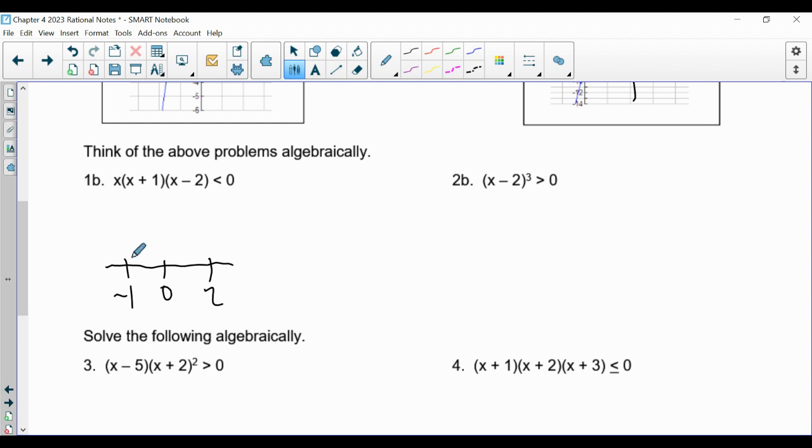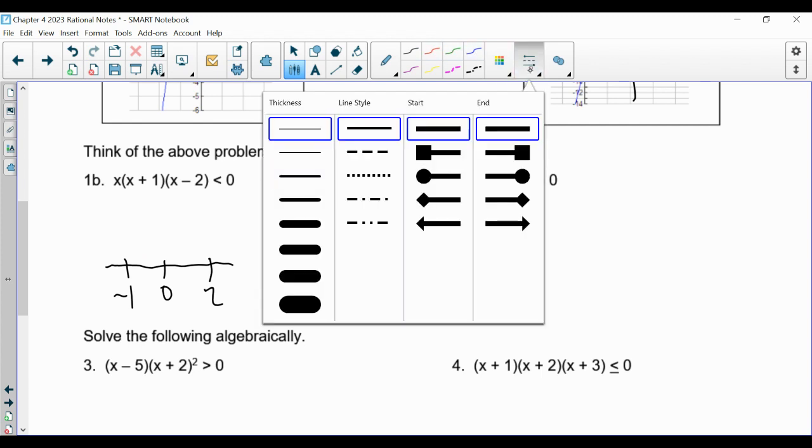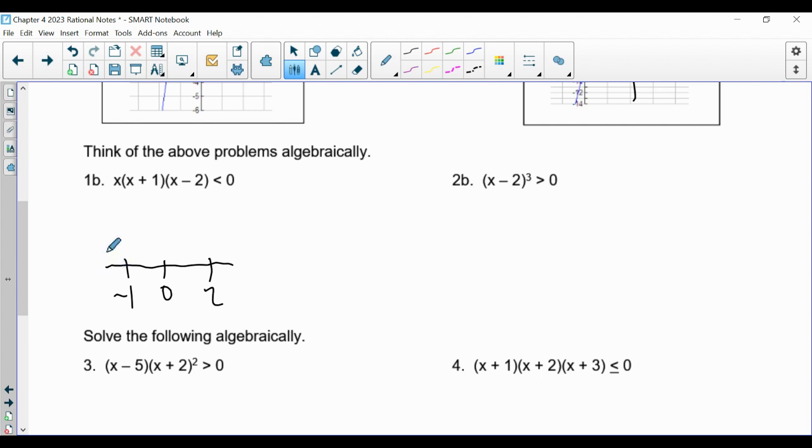So now we're going to do where you kind of have a choice, but what you want to do is you want to plug in numbers in each of the sections. So I'm going to look at this number line and think of it as kind of breaking it up, and there's numbers in each of these sections, so I can plug them in and think of it that way, and then I'll talk about another way of thinking of it as well. So if I think of a number that would be on this number line to the left of -1, I would say -2. So if I plug in -2,